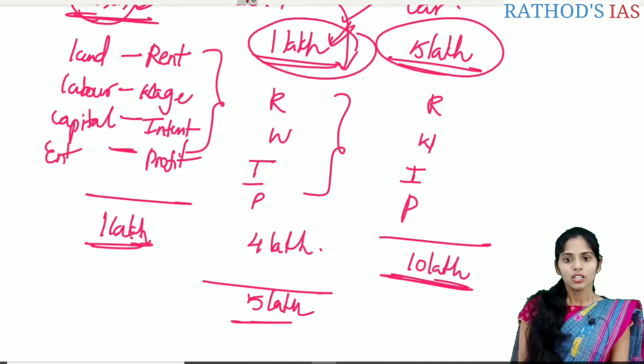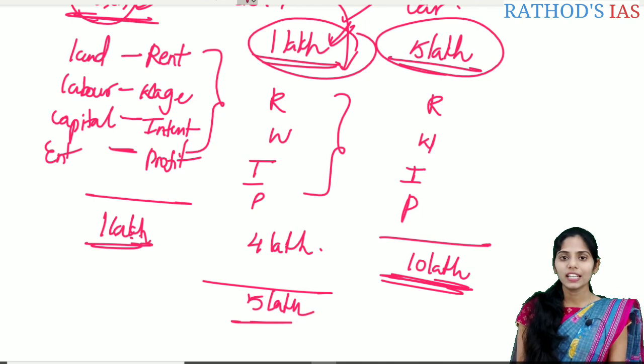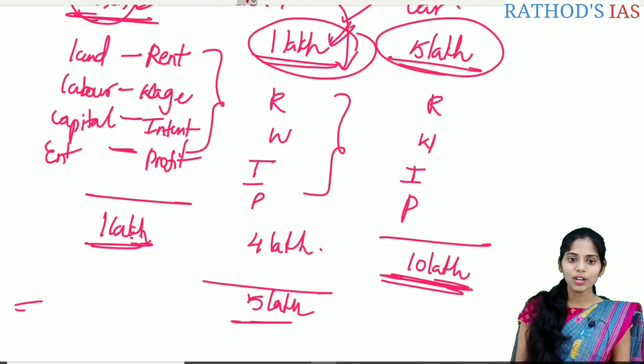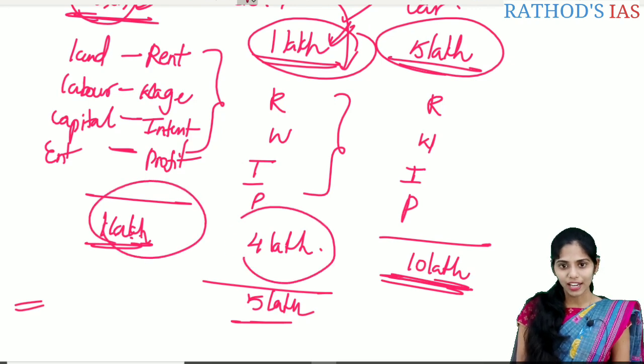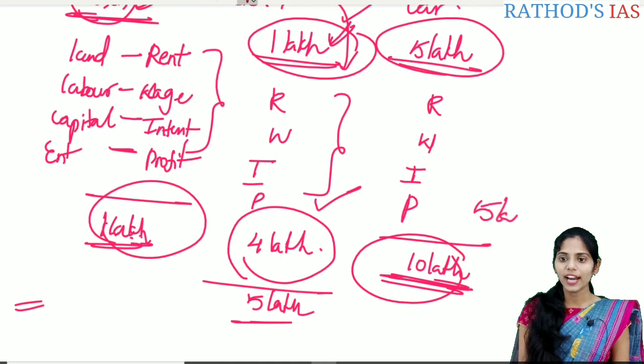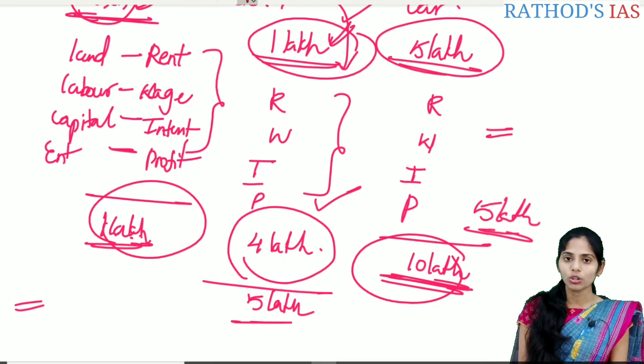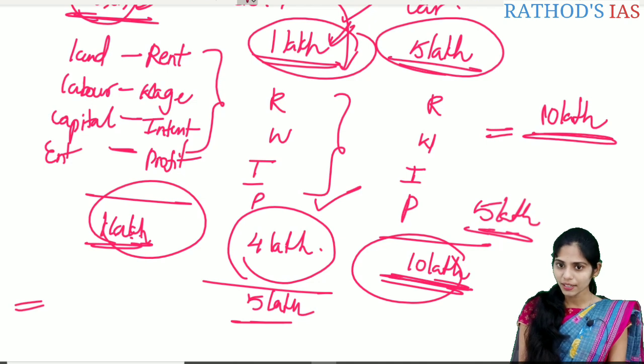Okay. So in this way we can add the value added in every stage. Here the value added is 1 lakh rupee, here the value added is 4 lakhs, and finally here the value added is 5 lakhs. So the total value added, that is the gross value added in the case of this car manufacturing, is 10 lakh rupees. Is it clear?